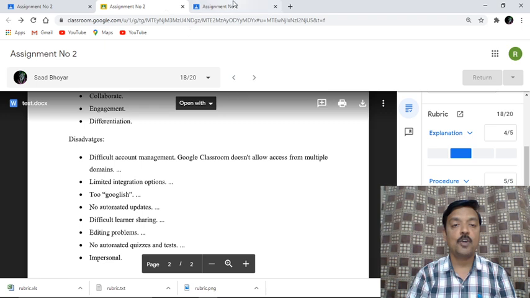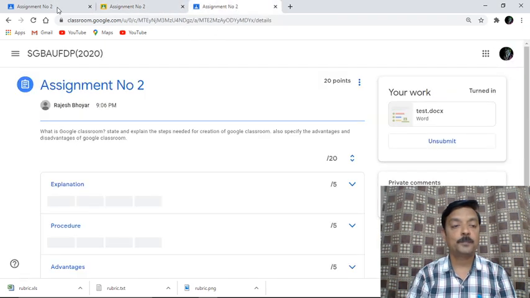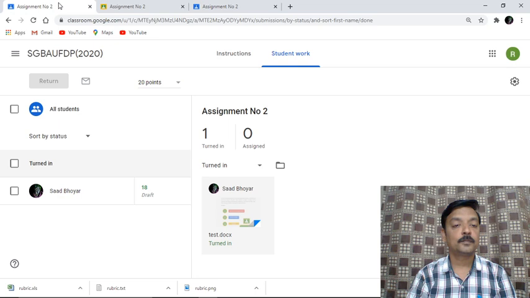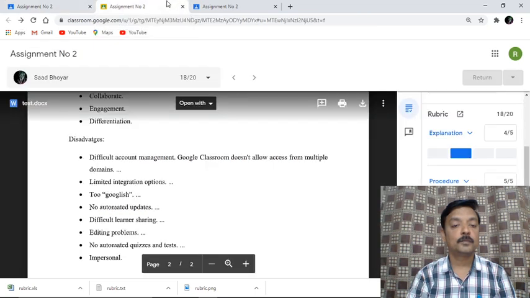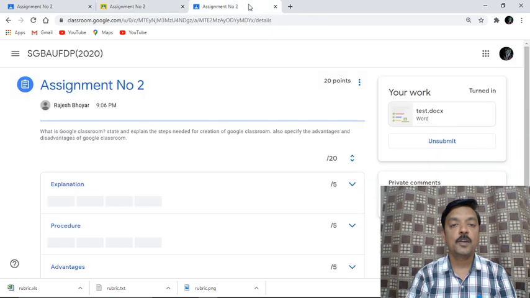Again we'll move on to the student part. These are the particular marks which have been allotted. So I'll straight away move on to the student part.